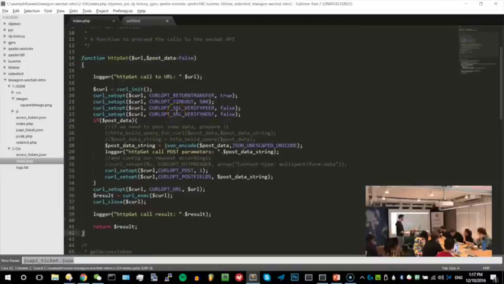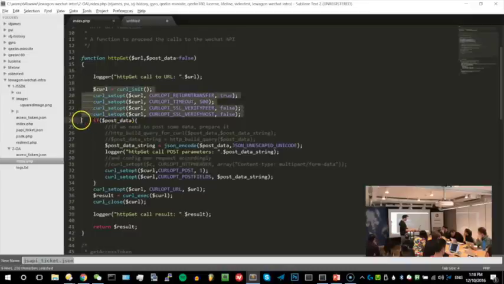I modified this function because it's not a simple access. You know, when you're gonna communicate with the official account of WeChat, you don't want to send only very basic information like app ID, app secret. You want to send sometimes very, very complex information like a menu structure, or a long message, or other stuff, or even an image you want to upload. So I modified the function a bit, so there is still the URL part, but there's also post data. That's a variable where you will pass all your data inside your requests. So post is just a way to give data to another website.